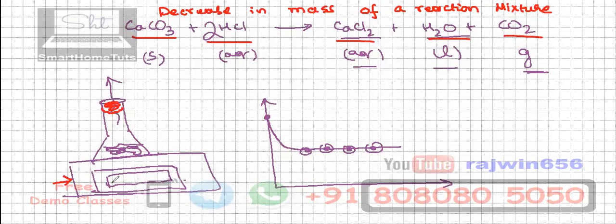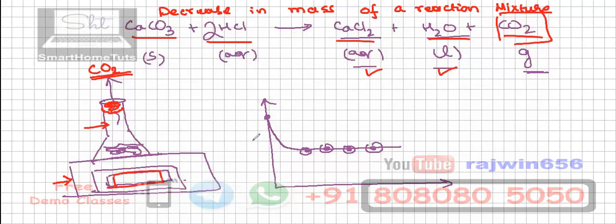In the beginning, before we start, initially we are going to take this reading as soon as you have put the mixture of calcium carbonate and hydrochloric acid. This is going to give us carbon dioxide which is gaseous. This carbon dioxide will be escaping out through the porous cotton wool, and the other products are going to remain in the solution in the conical flask. So this is the reaction that is proceeding. Carbon dioxide is escaping out, so the mass of the reaction mixture is decreasing.